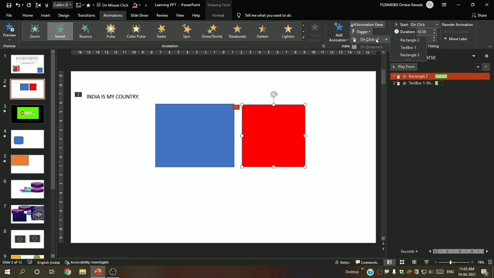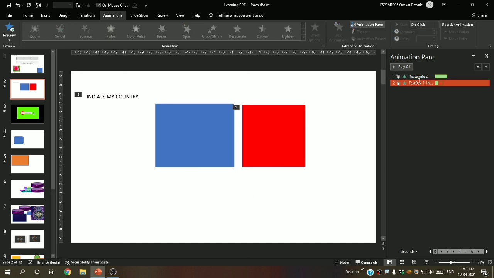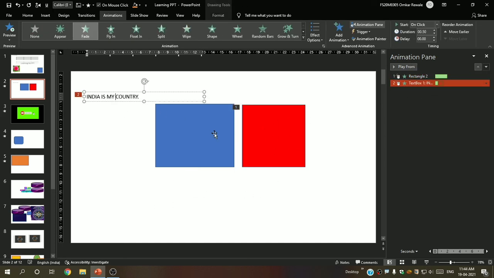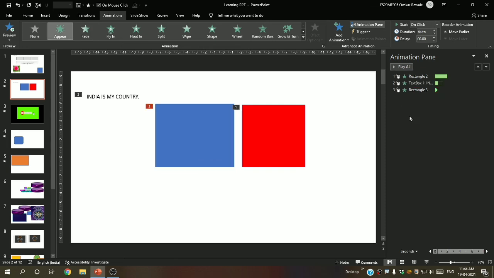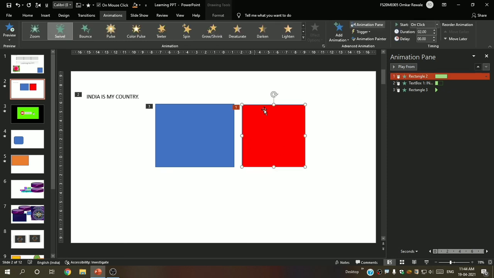So you can see On Click Of. Now this is rectangle 2, this is text box 1, and this is rectangle 3. Now I will select this red shape, go in trigger and say On Click Of.